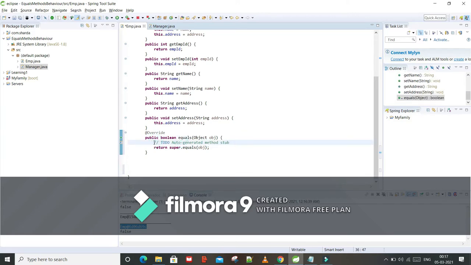For overriding the equals method, first we can check if obj double equals null, return false.